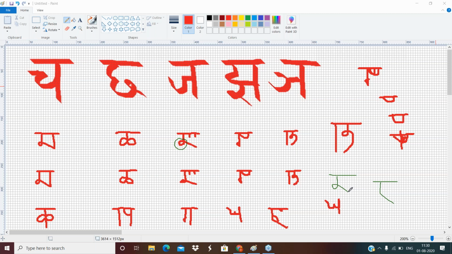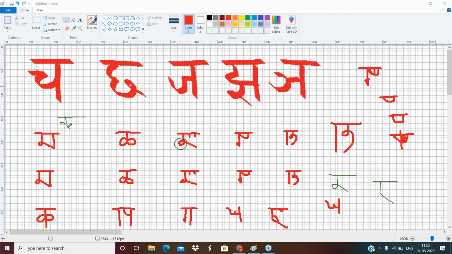In Ja, a lot of people are asking if Ja looks like Ra. Almost, yes, that's correct. But without the curve at the top. You're right. Sometimes Ra is written like that.